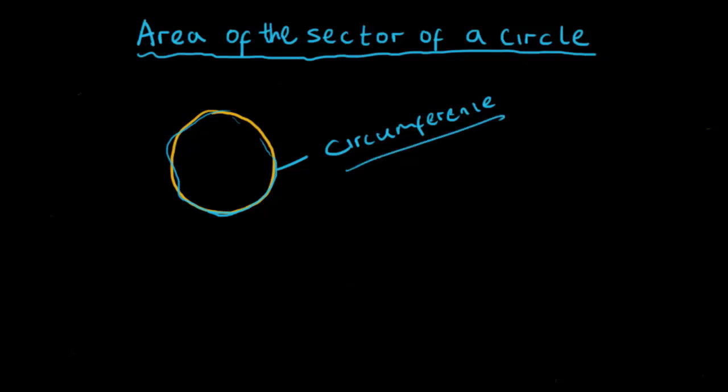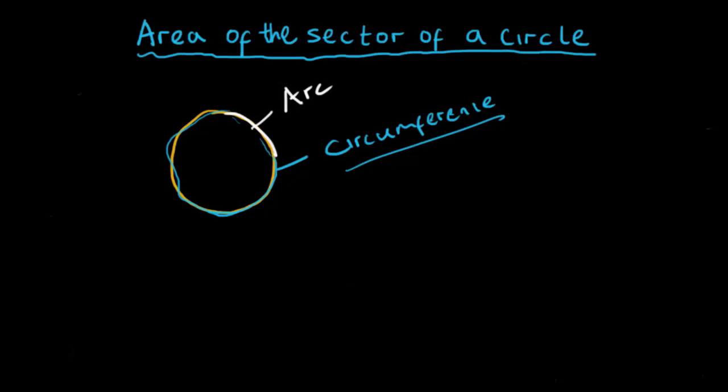Do you understand that? Now, if I have just a part of it, for example, only this whitish part, it's called an arc. So an arc is like a subset of a circumference. An arc is just a part of a circumference. Does that make sense? So the circumference is the whole outline of the circle. The arc is just a part of that outline.